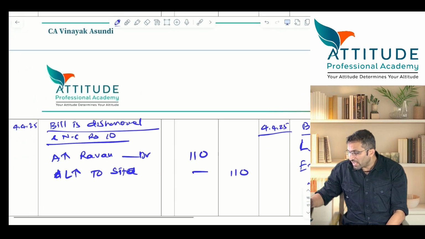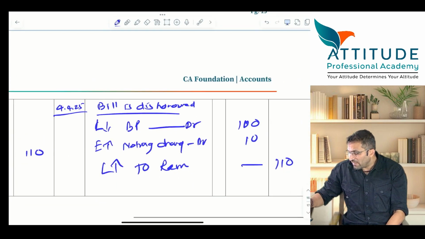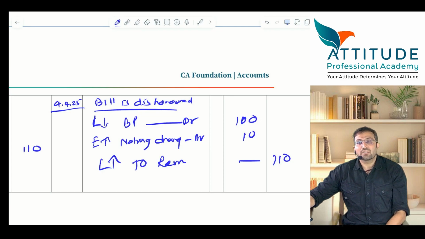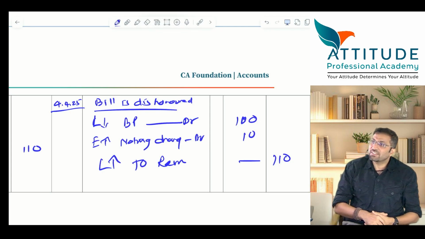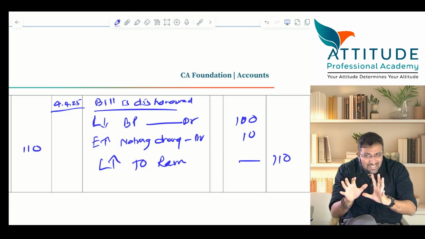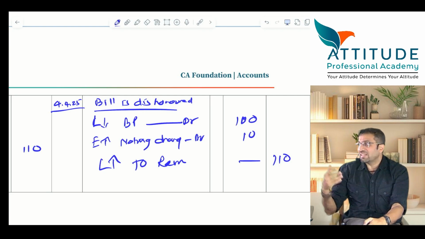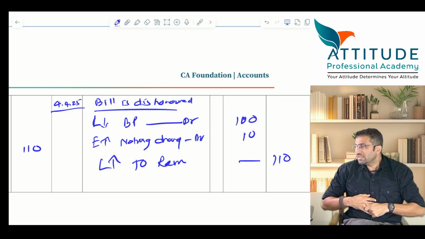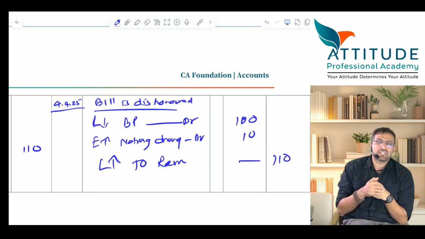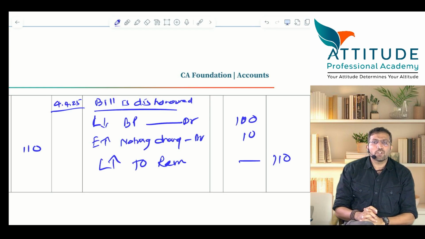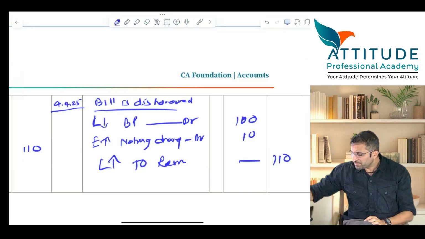See, in Ram's book, Ravan is a debtor. In Ravan's book, Ram is a liability. होगा ही होगा. Is that clear? Understood? This is your bills of exchange. I have given you the basics. This chapter when I come in detail will take again. मगर ये चैप्टर हो गया है, 60% हो गया है चैप्टर. Another 40% of this chapter is left. But did you understand what is bills of exchange? All of you? Yes. Now concentrate here.